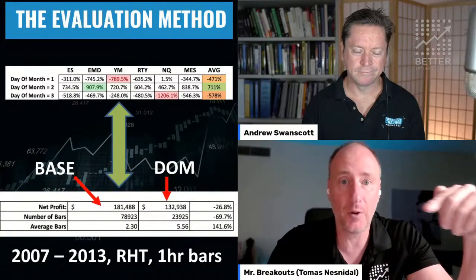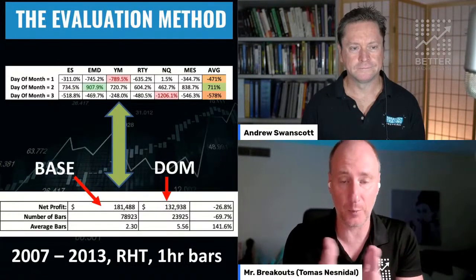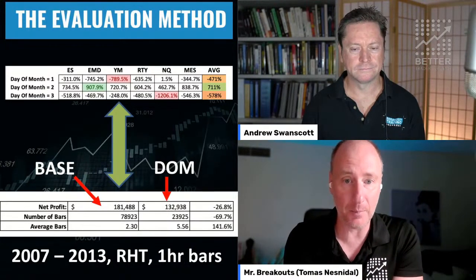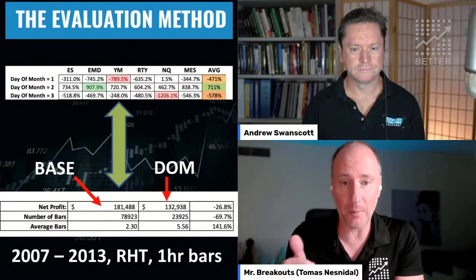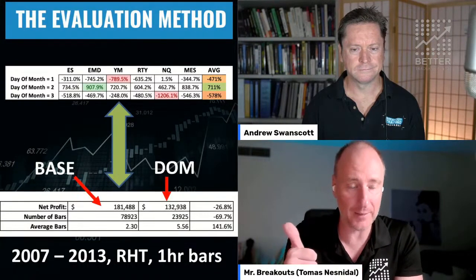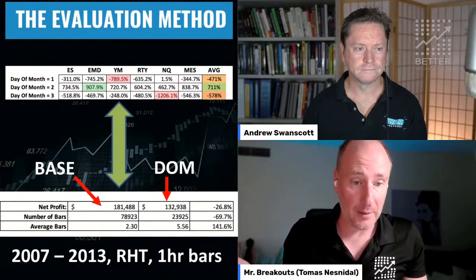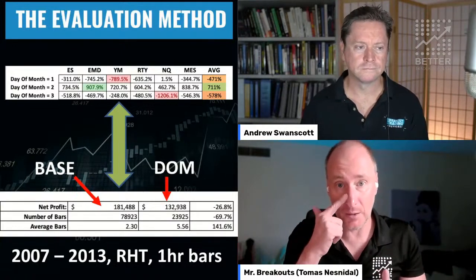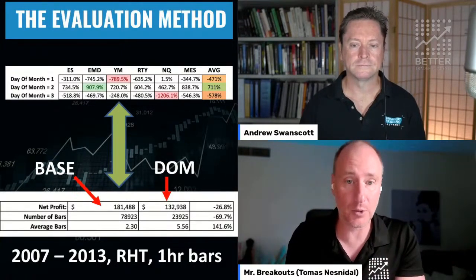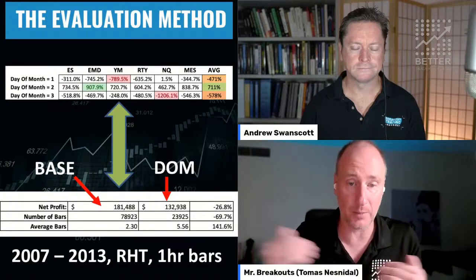Now, as I said, the problem is that we have a small sample size on one index. If we do this only on one index, the sample size is basically one, so we can only pick one day of the month. That's 12 per year, about 200 trades per 15 years, which is not much.